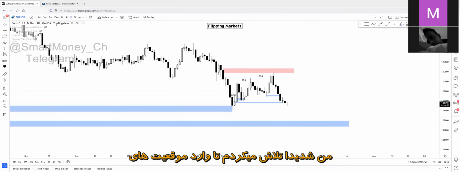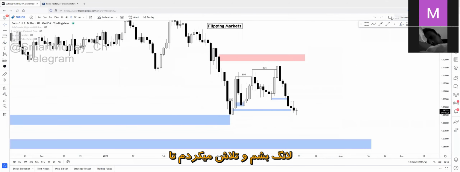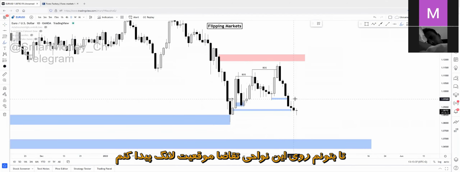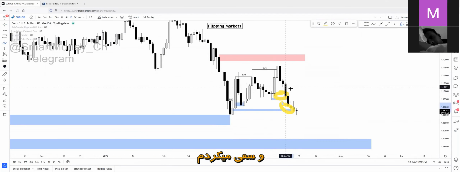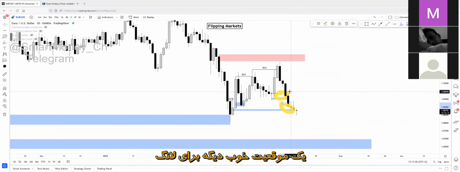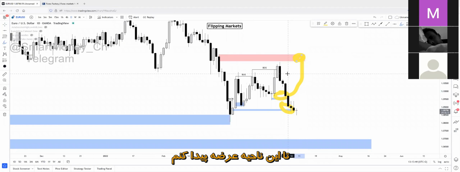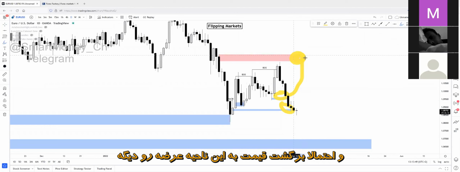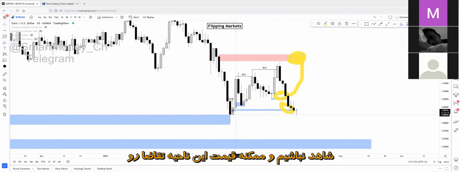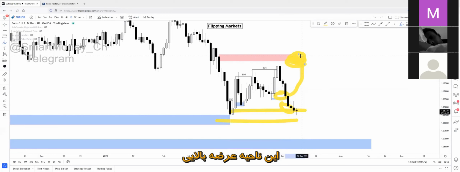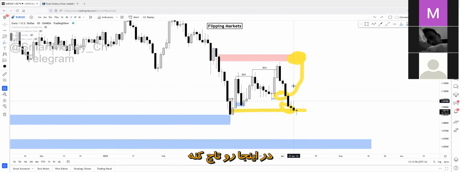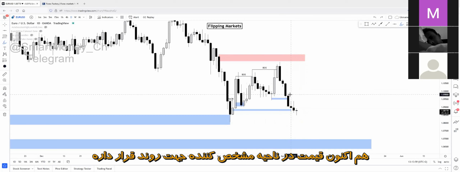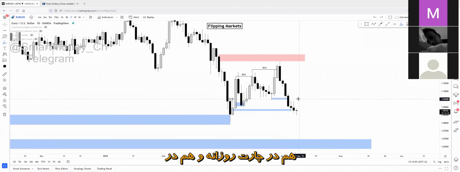I was desperately trying to catch long opportunities, and I was searching for long opportunities on this demand zone, and trying to take another good long opportunity up to this supply zone. But I have to admit that price has reversed, and maybe we won't see the tap of this supply zone up here. Maybe we will see a break of this demand zone instead. So right now, price is at the bias decider region, even on the daily chart and even on the 4-hour chart.